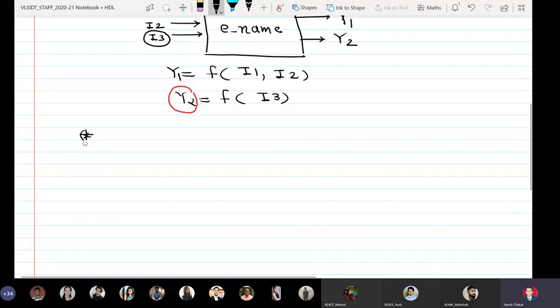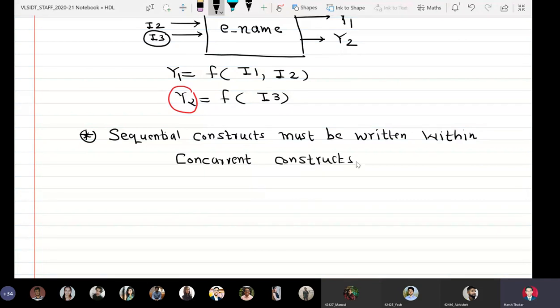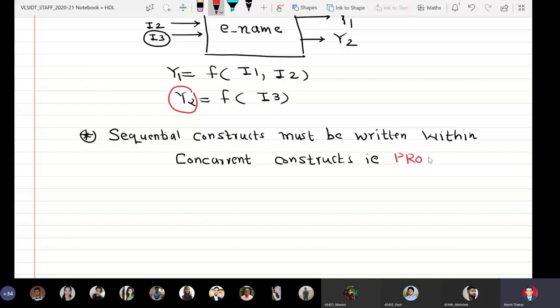I will say here that sequential constructs must be written within concurrent constructs, that is, the process clause is compulsory.